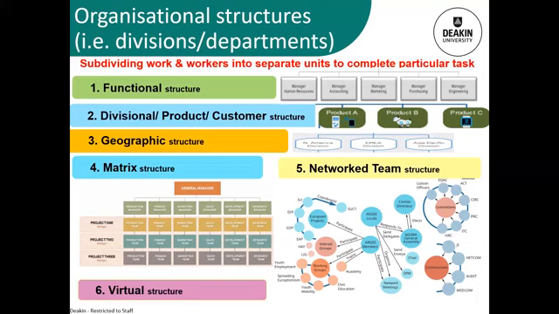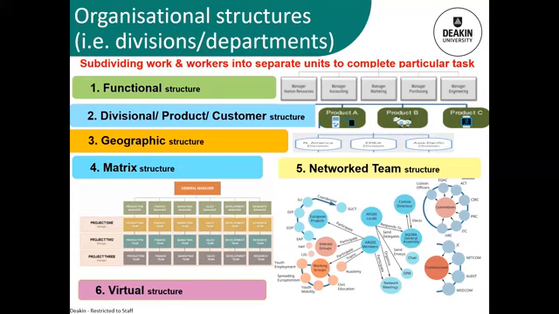And the third one there is based on geography. So the example here is for a large multinational with departments in North America, Europe, the Middle East, and the Asia Pacific division. And if we're talking about, say, the Bank of Melbourne, those departments could just be branches around Victoria, but the division is geographically determined and not based on product or customer.